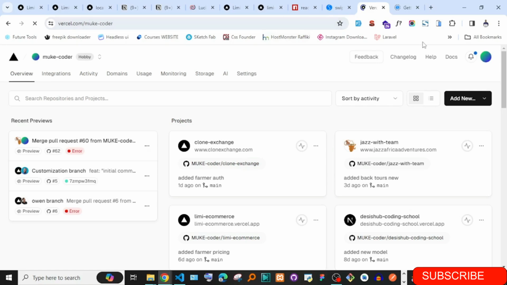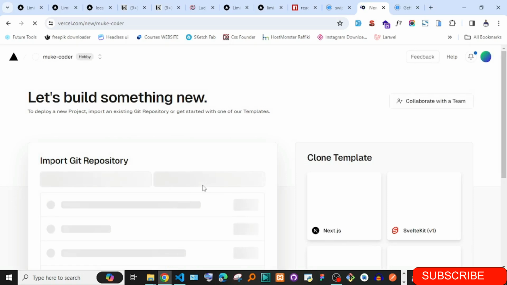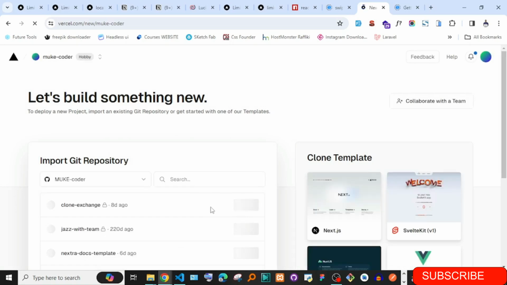But the first thing, if you add the project, before you deploy, you will be asked to add your environmental variables. If I try to add any project, I will not deploy it because I already have the deployed version. But when you bring a project and import from your GitHub, they will ask you to put in